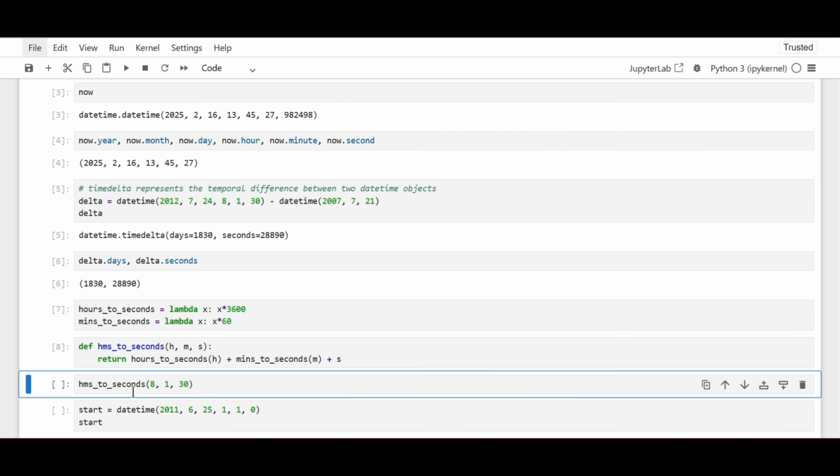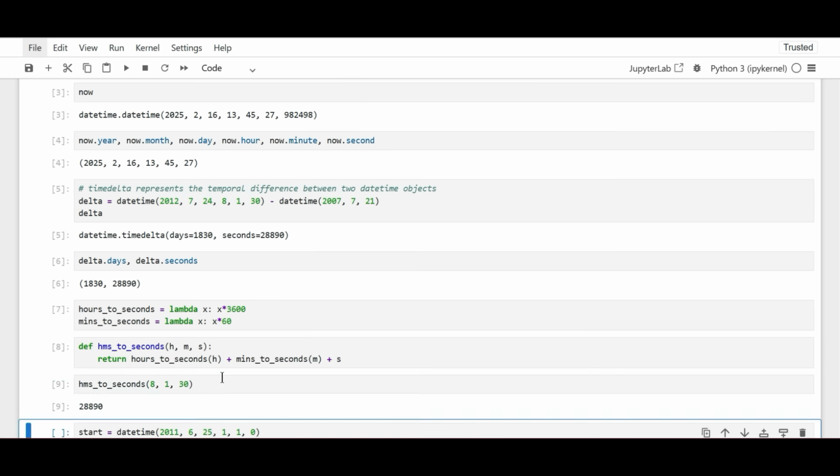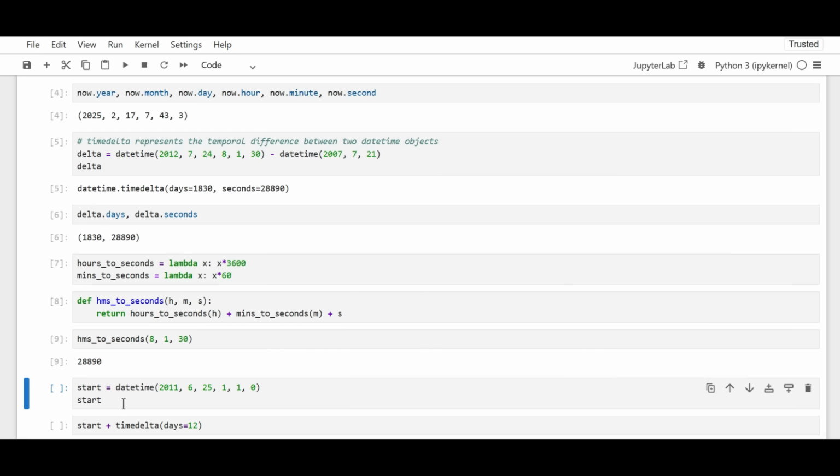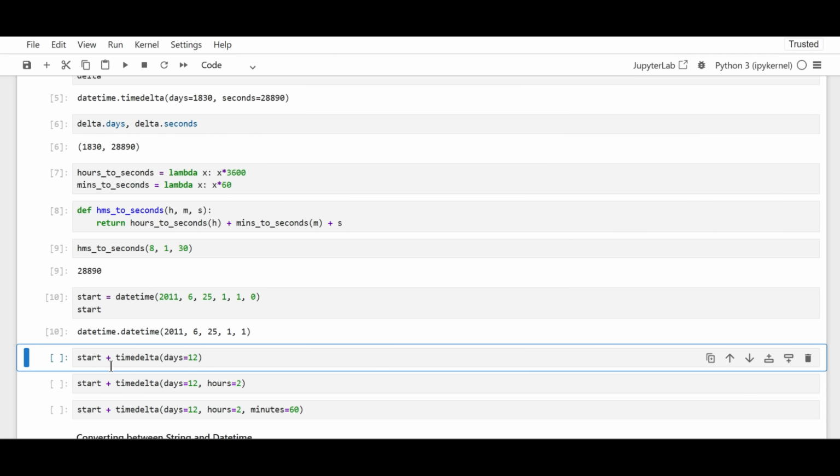Now if we want to test this function, we could try this by inputting the hour, minute and seconds, and we could confirm that we get the same number of seconds, that are 28,890 seconds. Now we have a timestamp and we assign this to the variable start, and then we could use the